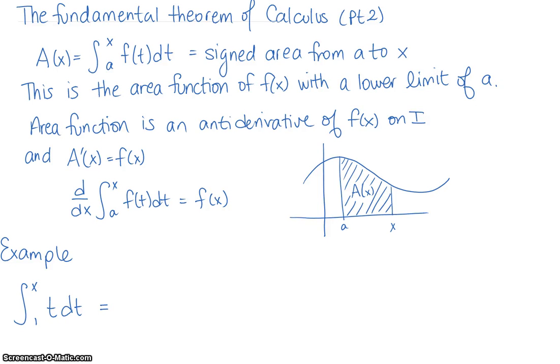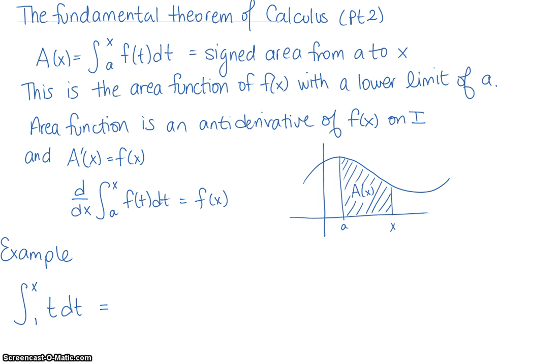So the second part of the fundamental theorem of calculus talks about the area function, and the area function is the signed area from a to x under a curve. So we're going to define the area function to be the integral from a constant a up to a variable x of some function with respect to t, which is the signed area from a to x of a function of t. Ultimately, the area function is the antiderivative on the interval, and the derivative of A of x is equal to